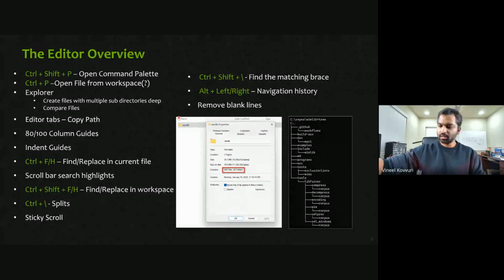So this slide is where I'm going to deep dive into what the editor can offer. Up until now, you have seen me opening small folders with hardly a couple of files. This is not how VS Code is used in real-life industry environments. So in order to demonstrate that,